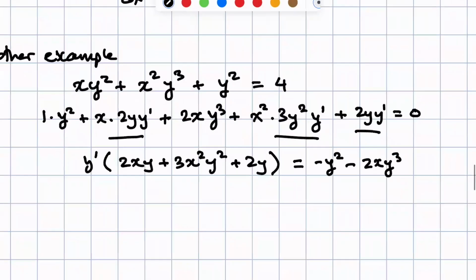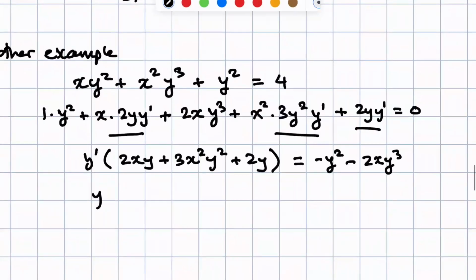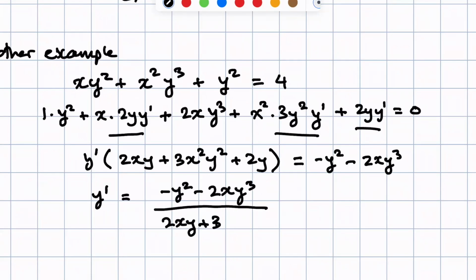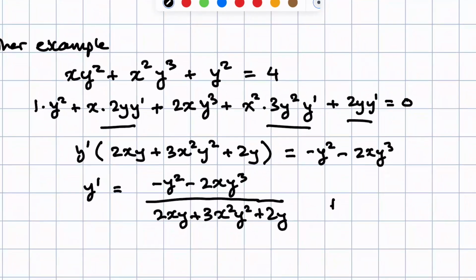And those are the only terms. So y prime is equal to minus y squared minus 2xy cubed divided by 2xy plus 3x squared y squared plus 2y. Now notice that this is a differential equation,